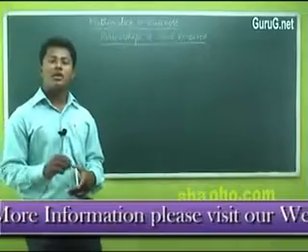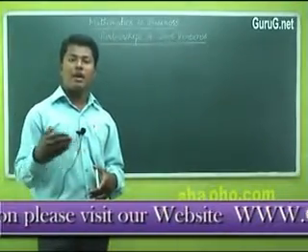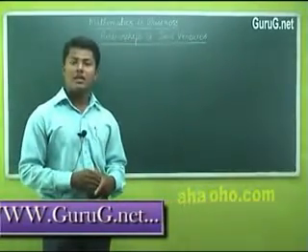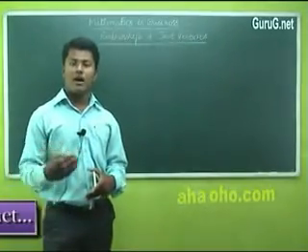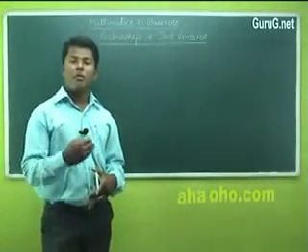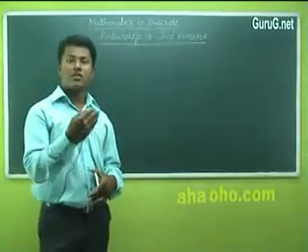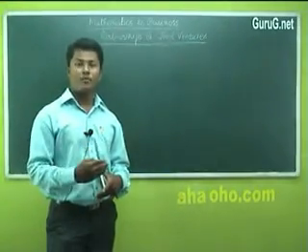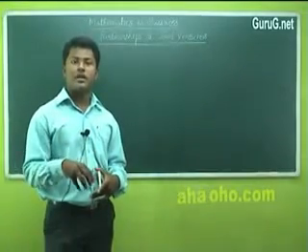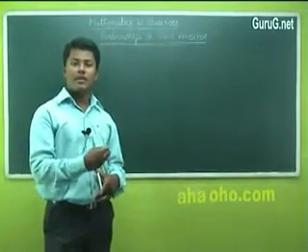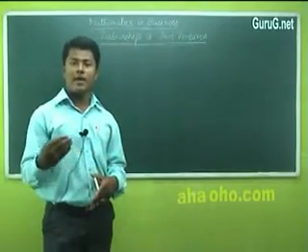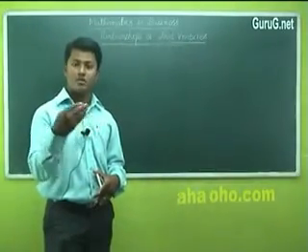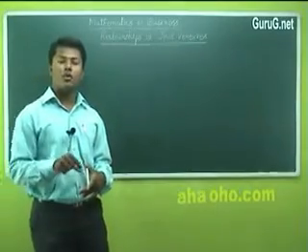Now for example, to start a business, there are 3 partners, say A, B and C. A invests rupees 1000, B invests rupees 2000 and C invests rupees 3000. These 3, A, B and C, are known as partners, and the amount they invest is their capital. For example, A has invested 1000 rupees, and this 1000 rupees is the capital invested by A. What is the total capital invested for the business? It is the sum of the money invested by all these partners, A, B and C. Here it is 1000 plus 2000 plus 3000. So 6000 rupees has been invested for this business, and that particular investment is known as capital.